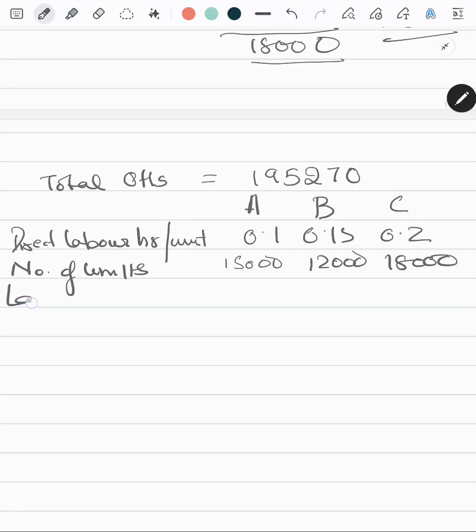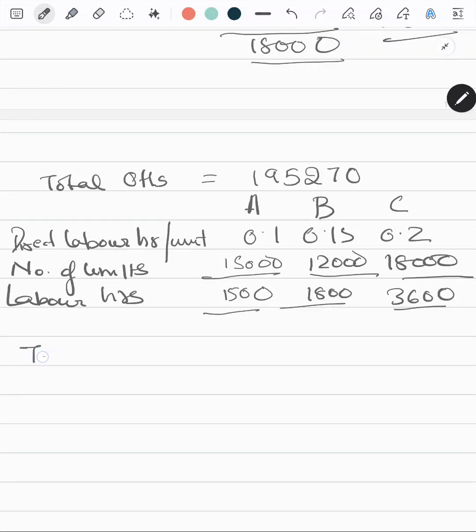So labor hours would be how much? 15,000 into 0.1, 1500, 12,000 into 0.15, 1800, 18,000 into 0.2, 3,600. So the total